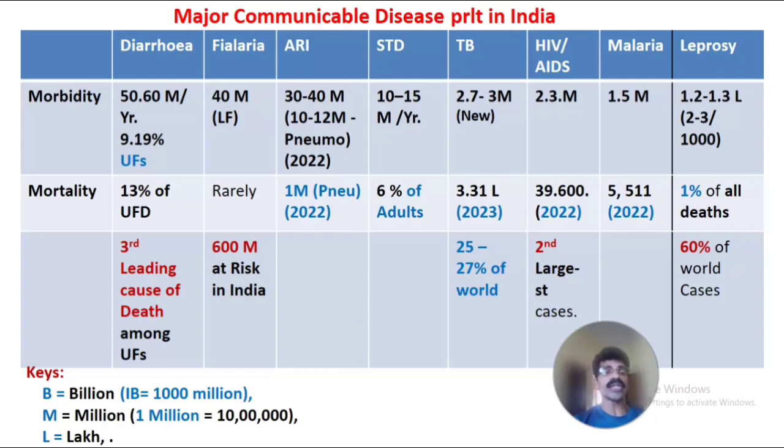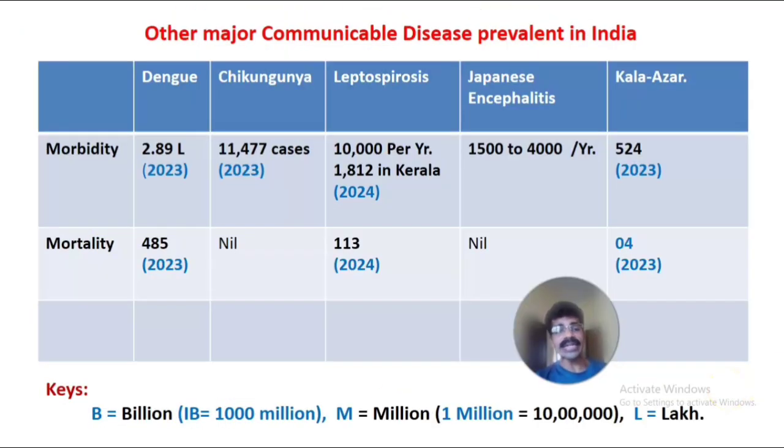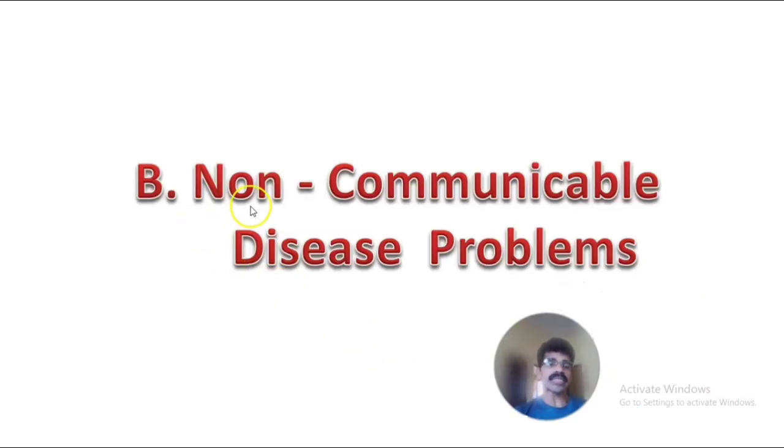Of course, I will be making a separate video about the major communicable diseases prevalent in India, according to their morbidity, mortality and other significance. I will explain in detail all the communicable diseases prevalent with their significance in that video. The second classification is